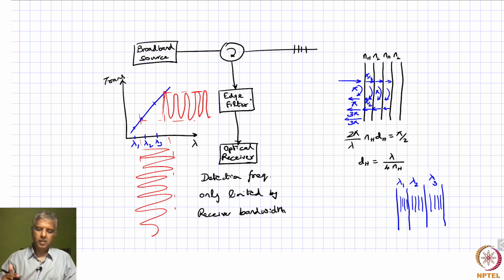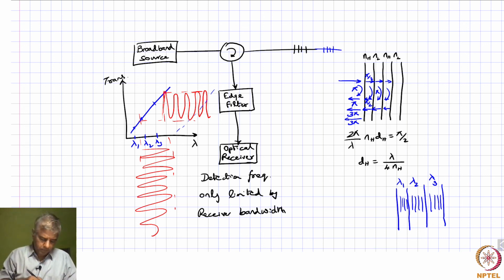limitation. The limitation is if you wanted to interrogate multiple gratings, so if you want to put one more grating over here, then for that grating you need to have a separate filter and all of that, and that is going to, it's not impossible, but then it's going to make this design quite complicated. Okay, so this edge filter design is not very scalable from that perspective. Okay, so that would be the drawback of something like this, and